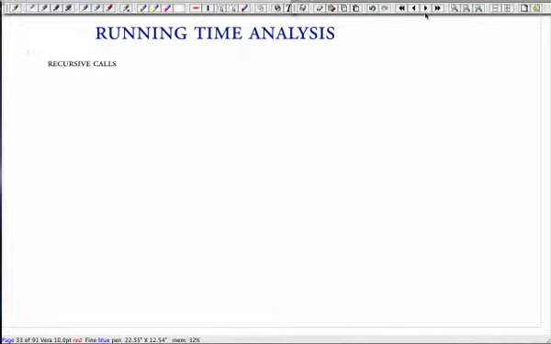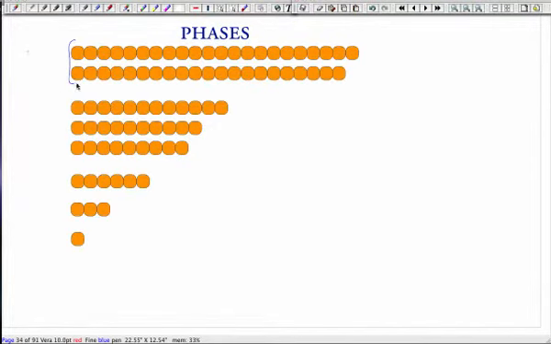But I want to get to what I really love about this. The whole goal of this class was for me to share my enthusiasm, and there are cryptographic algorithms, which I want to talk to you about today. So the analysis here is as follows. You're going to look at phases of this algorithm. At each phase, you want to argue that the size of the input is less than (3/4)^j times n, right? So at phase 1,